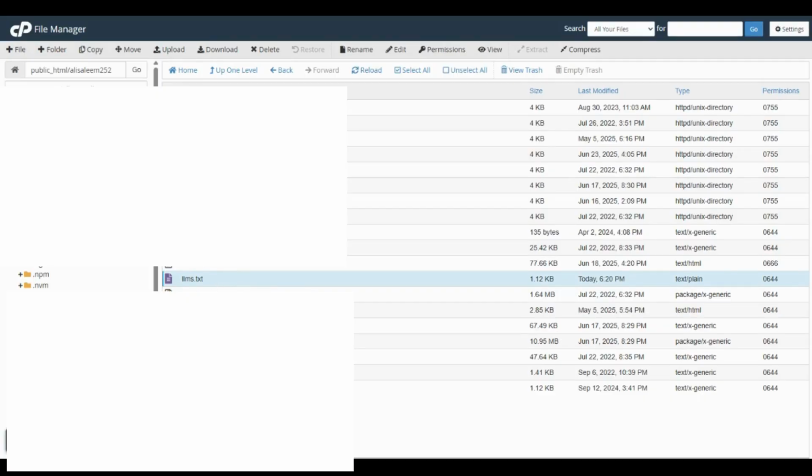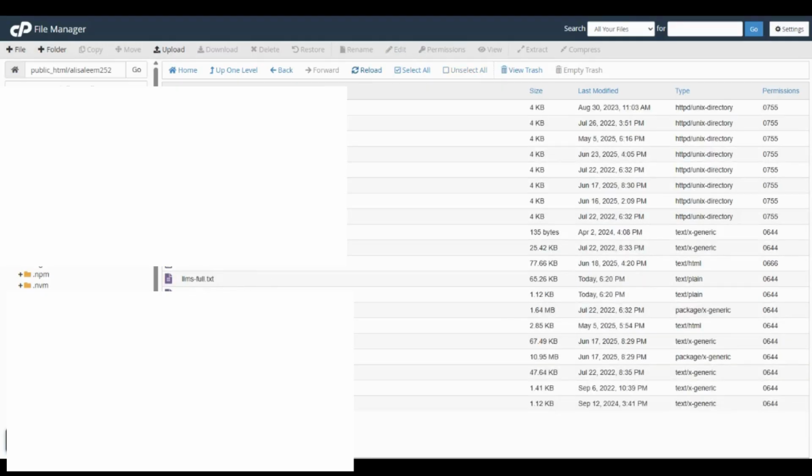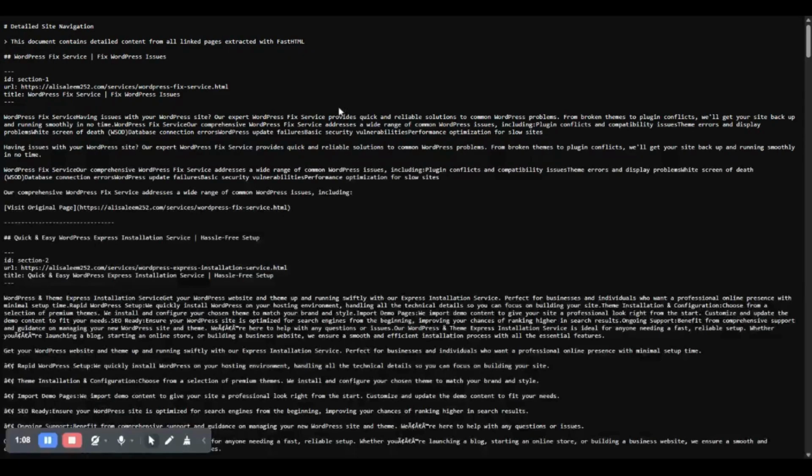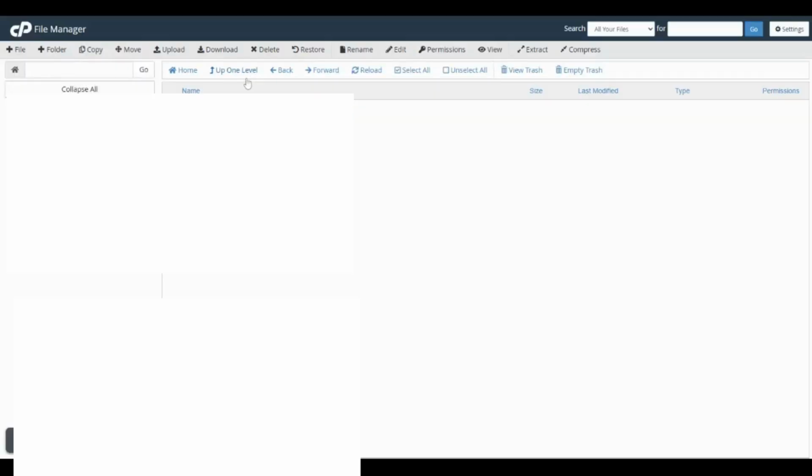Then I'm going to upload the other one. I'm not showing you the upload process, but it is a simple interface. And I go back, and if I hit reload, you can see both of these files are uploaded. And if I go to my site and do llms.txt, enter that, and I can see that it's uploaded. And if I adjust the URL to the full version, I can also see that it is added,